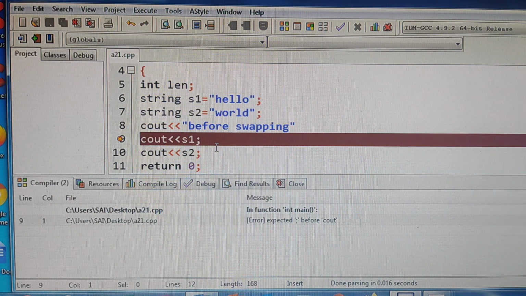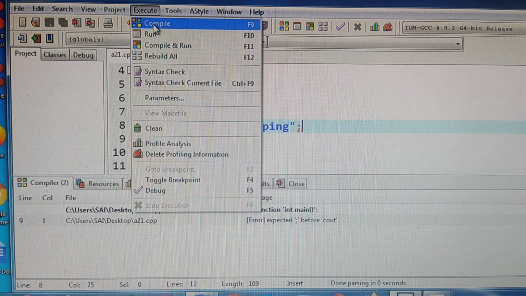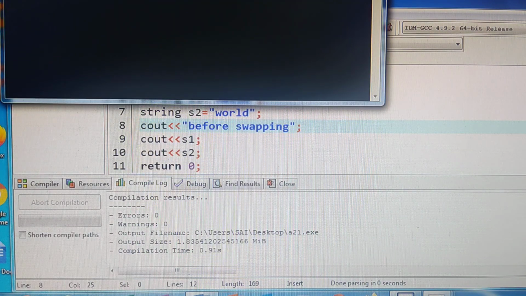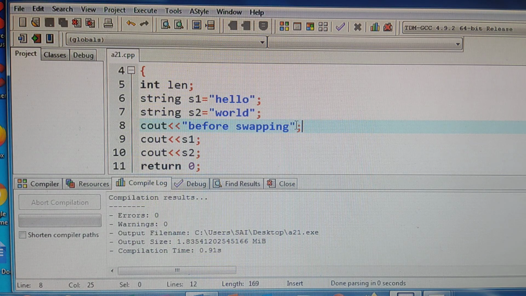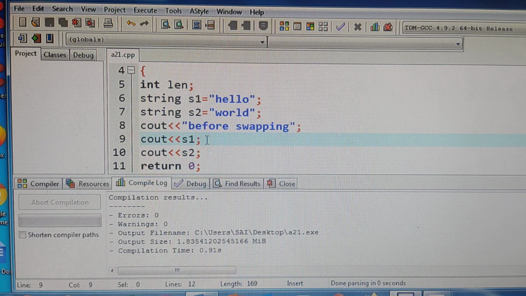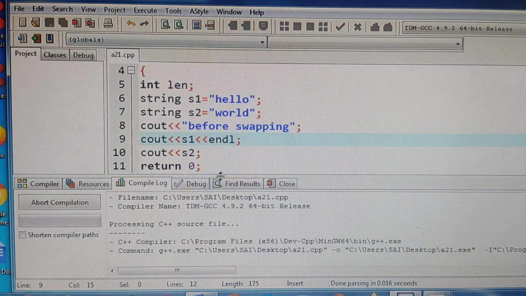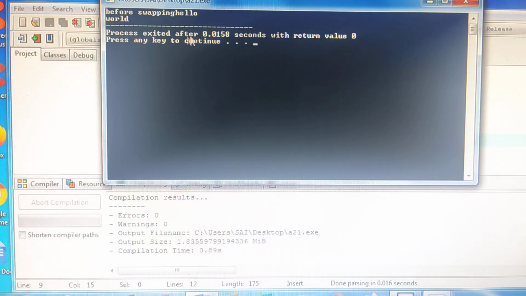Put a semicolon here, save it, execute, compile, run. So before swapping, first hello, next world.